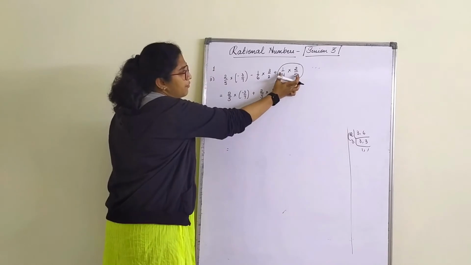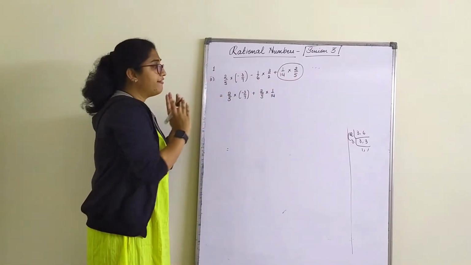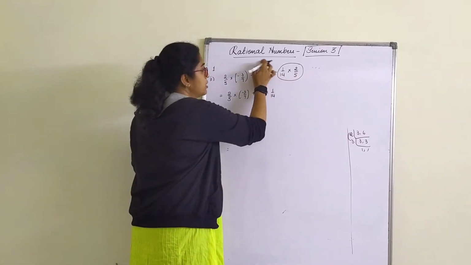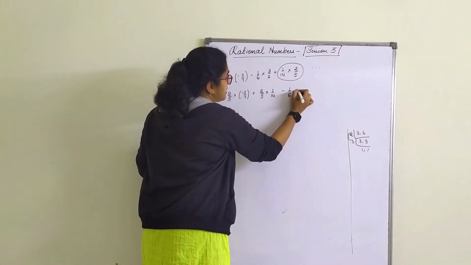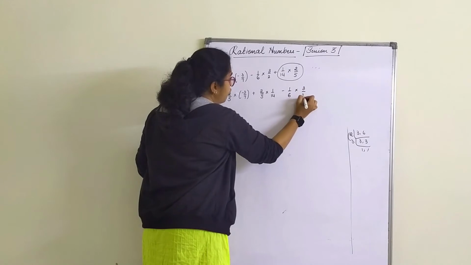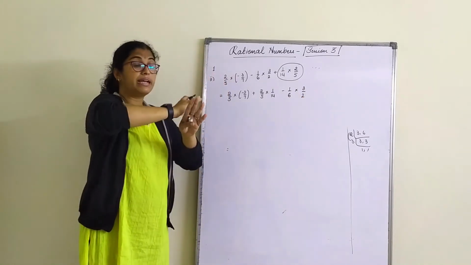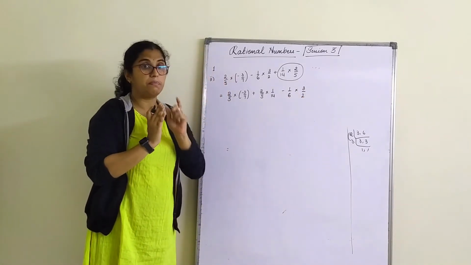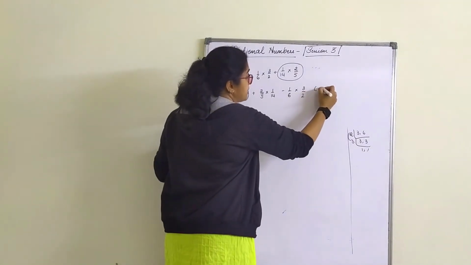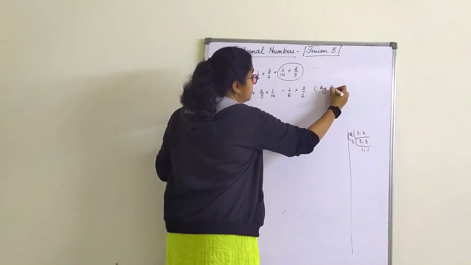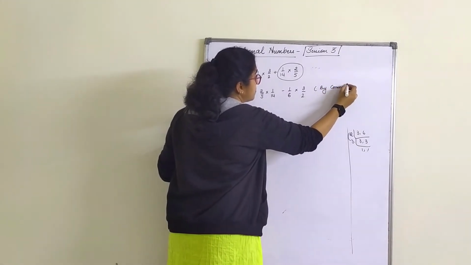It's the same thing. I have to multiply these two. That is what I have written just by interchanging. So what is remaining that you have to write? Minus 1 by 6 into 3 by 2. I have not done anything, just interchanged the multiplication part only, keeping the sign the same. So what property is this? By commutative